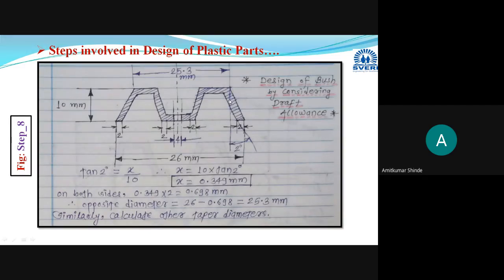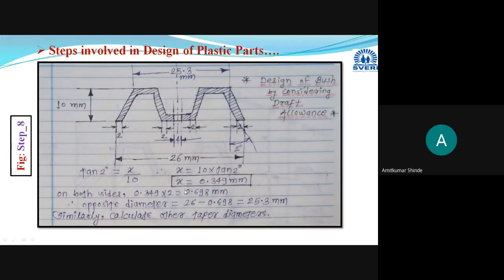We have considered this angle as 2 degrees, and we have calculated this horizontal distance, that is the x, from this point to this point. It will come with the help of tan 2 degrees. Tan 2 degrees will be equal to x divided by this total height 10, and this x will be